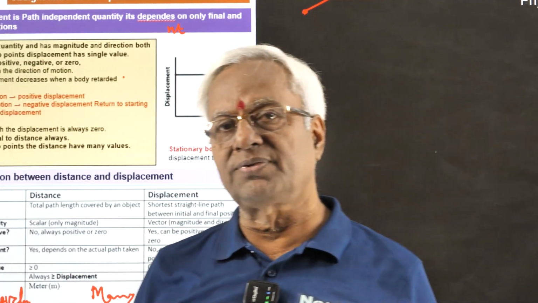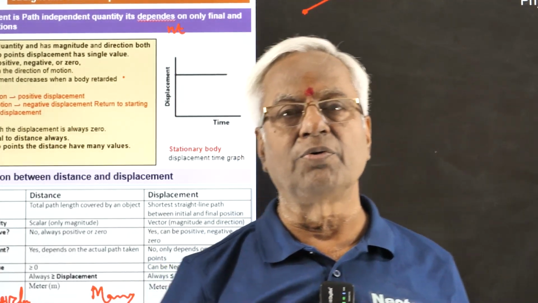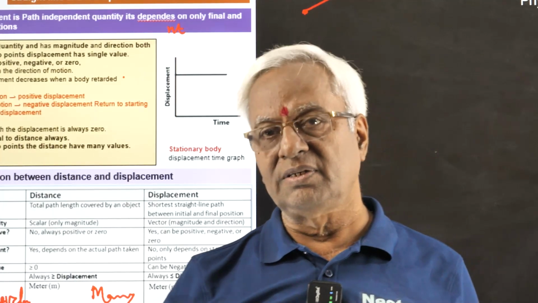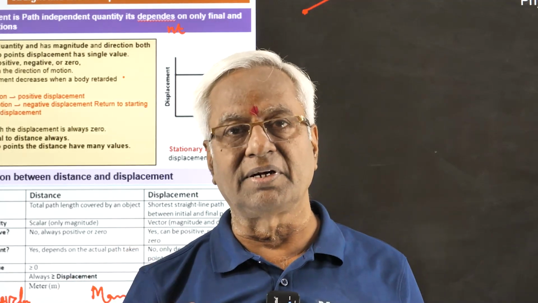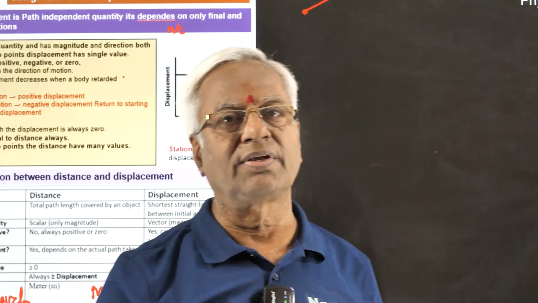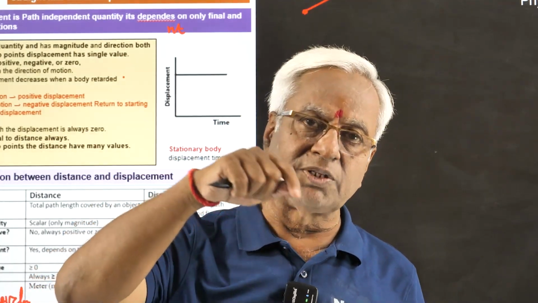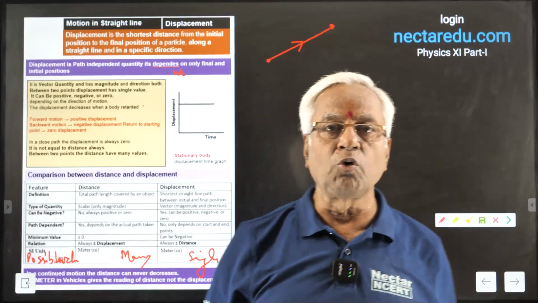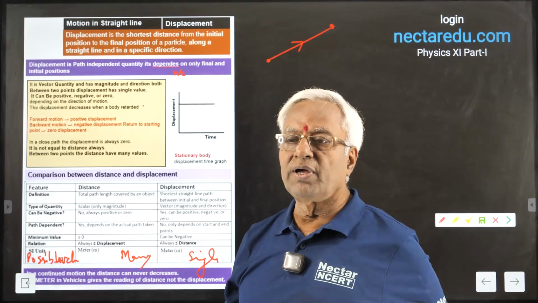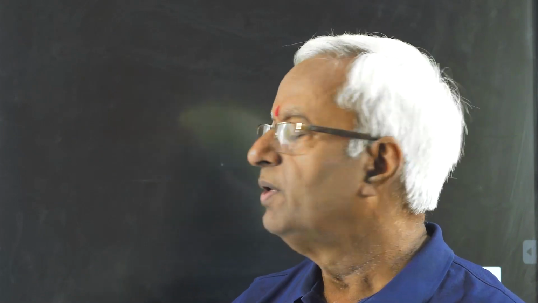Suppose you start from your residence and you are going to your institute. Regularly with your motion, the displacement will go on increasing. And after the classes are over, you start returning back. When you start returning back, displacement will go on decreasing. When you reach the very starting point, it will be said that the whole path is closed and now the displacement has become zero. What is a closed path? When a body returns to the initial point, it becomes a closed path. In a closed path, the displacement will always be zero.